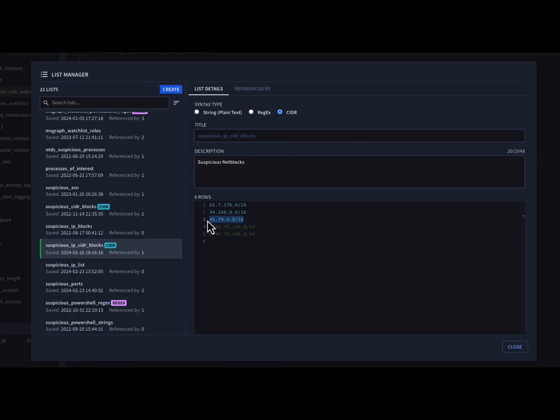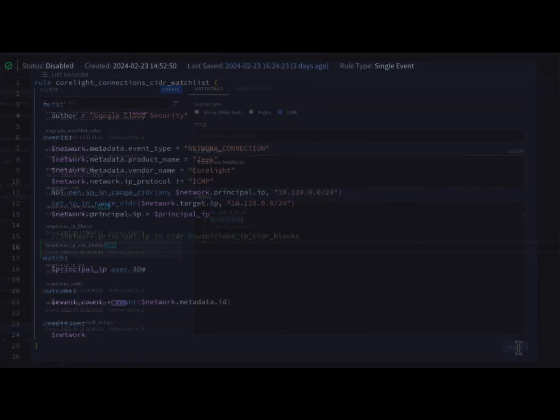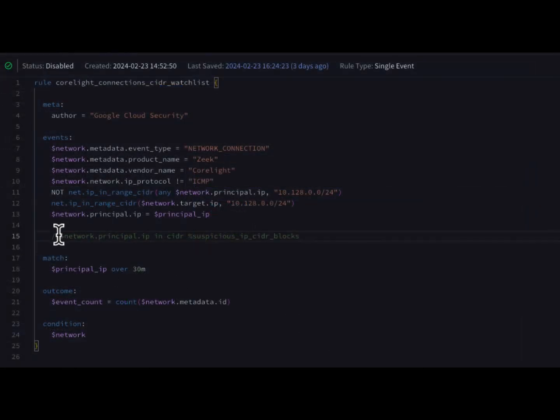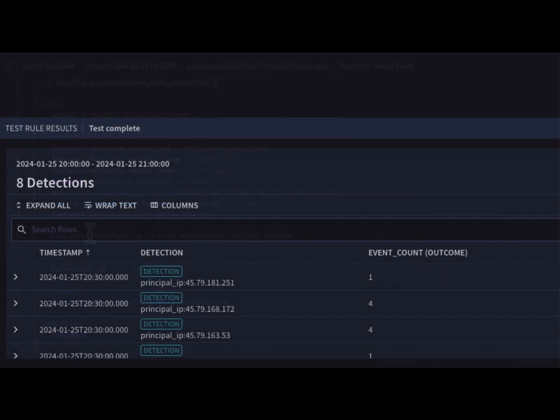Let's take a look at our reference list called Suspicious IP CIDR Blocks. Here we can see a few different net blocks in the list. Notice at the top of the list, the syntax type is set to CIDR. If we created a list and used the wrong syntax, we can easily change it here. We just need to ensure we adjust our rule syntax accordingly as well. Because 45.79.0.0/16 is of interest, we're going to detect on these events. Notice when we test our rule, we get 8 detections, all of which fit the net block of